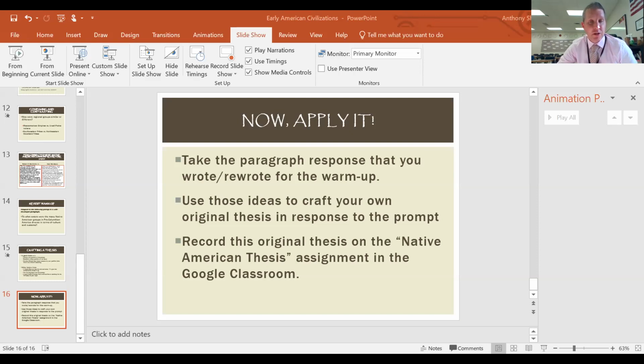They haven't really answered the question. They haven't said Native Americans were very diverse or they weren't diverse, so you haven't really taken a position. You're just basically saying Native Americans were diverse. That's what it said in the prompt, okay? So you haven't taken that position. And it's due to the people and things brought into the group.